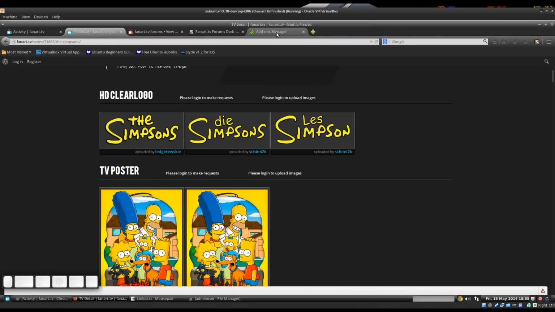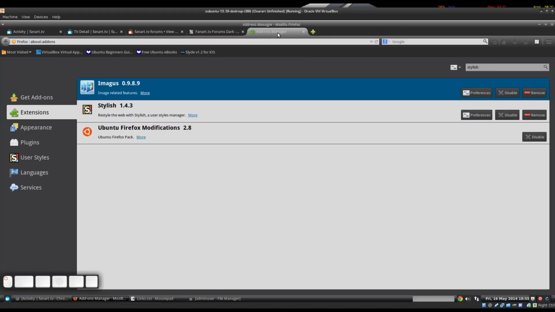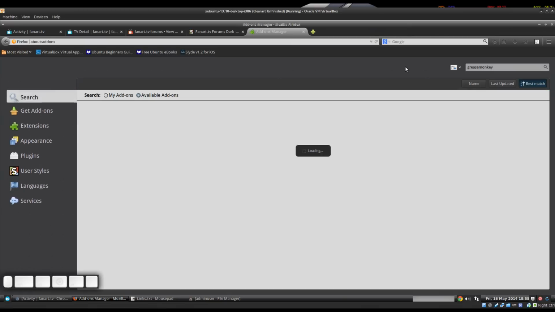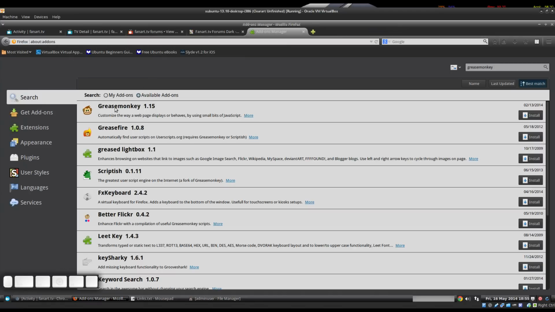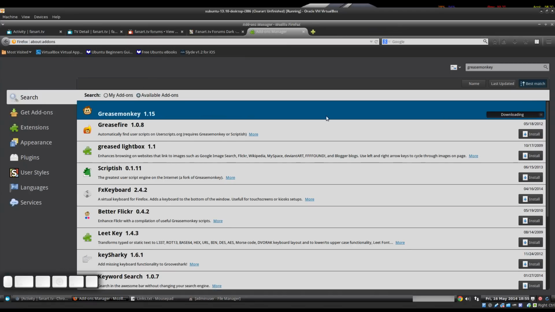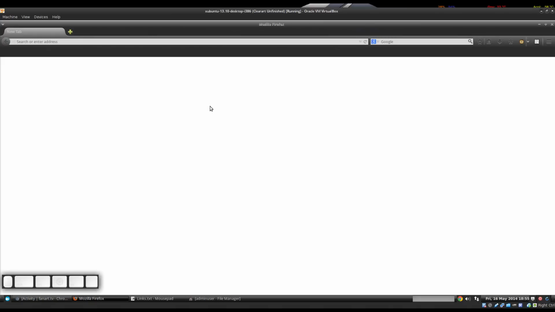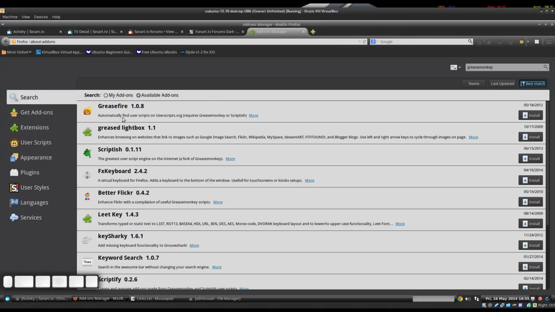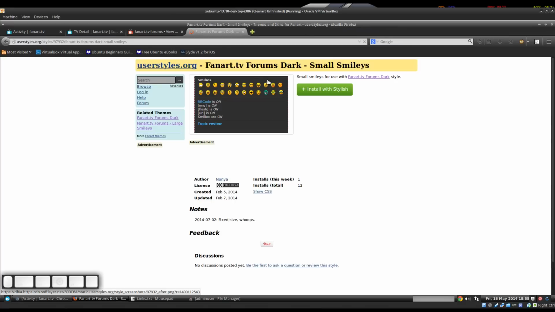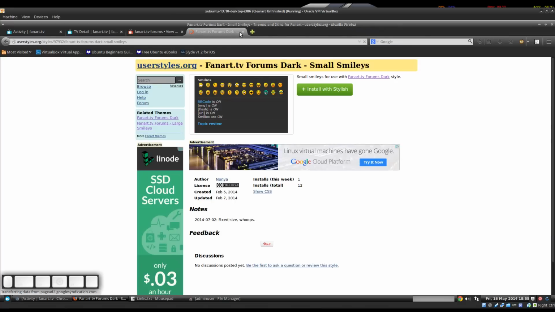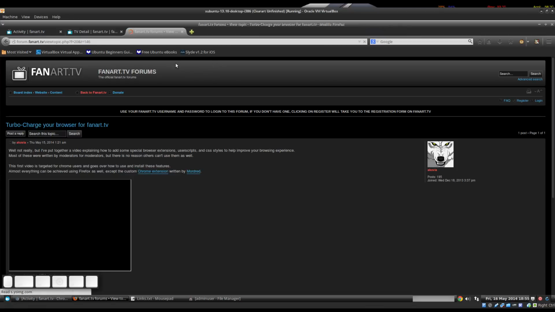And the way that we need to do that for Firefox is we need to add another extension, and that one's called Greasemonkey. And it allows us to use user script in Firefox. And we'll restart that now. Alright, so now that that's installed, the way that we add this to Firefox, I'm going to close that now as well,